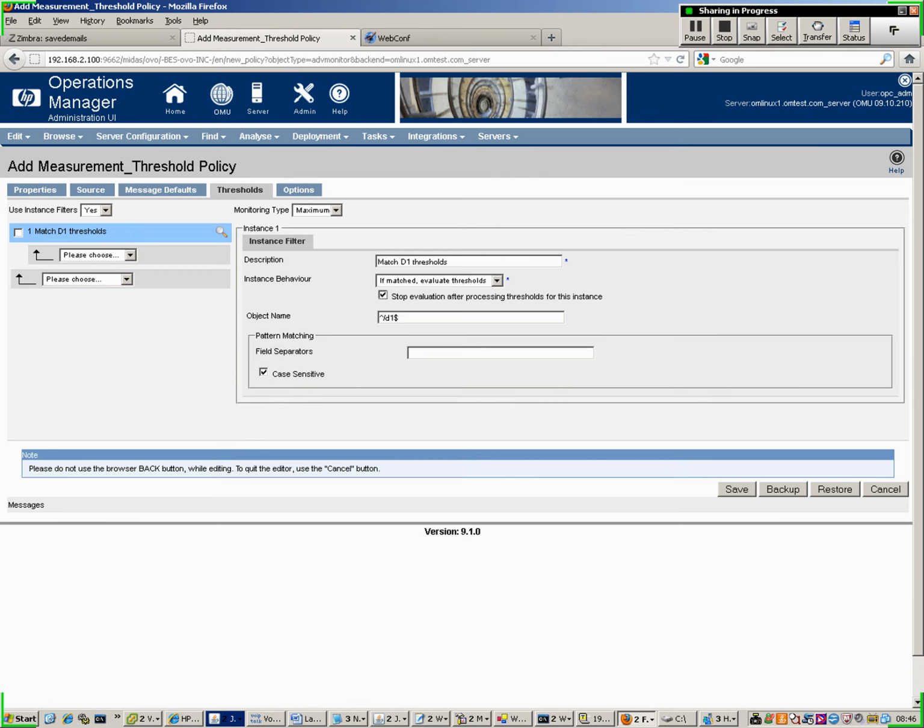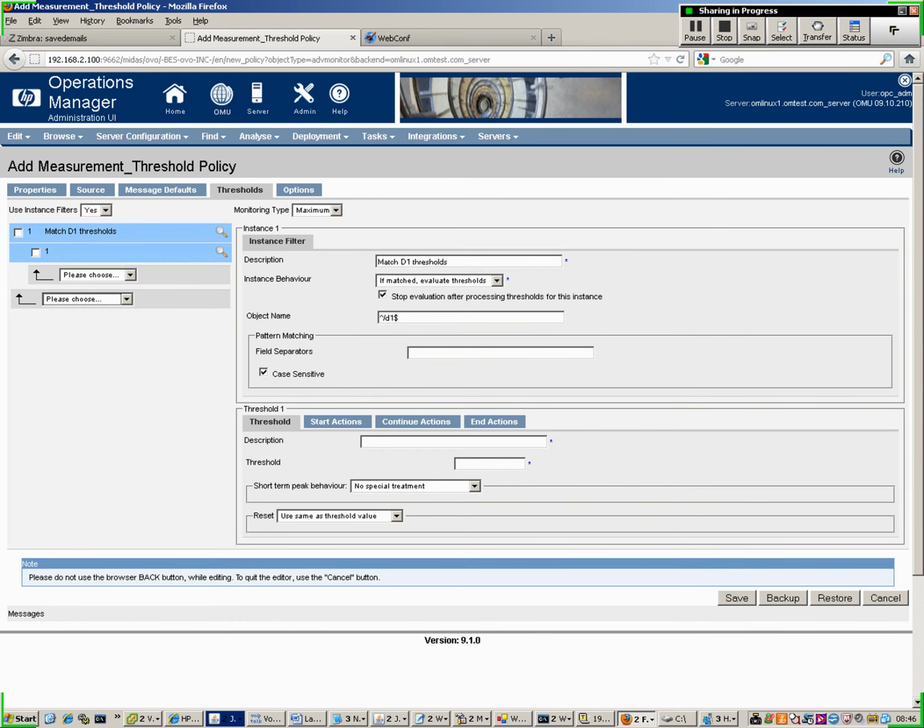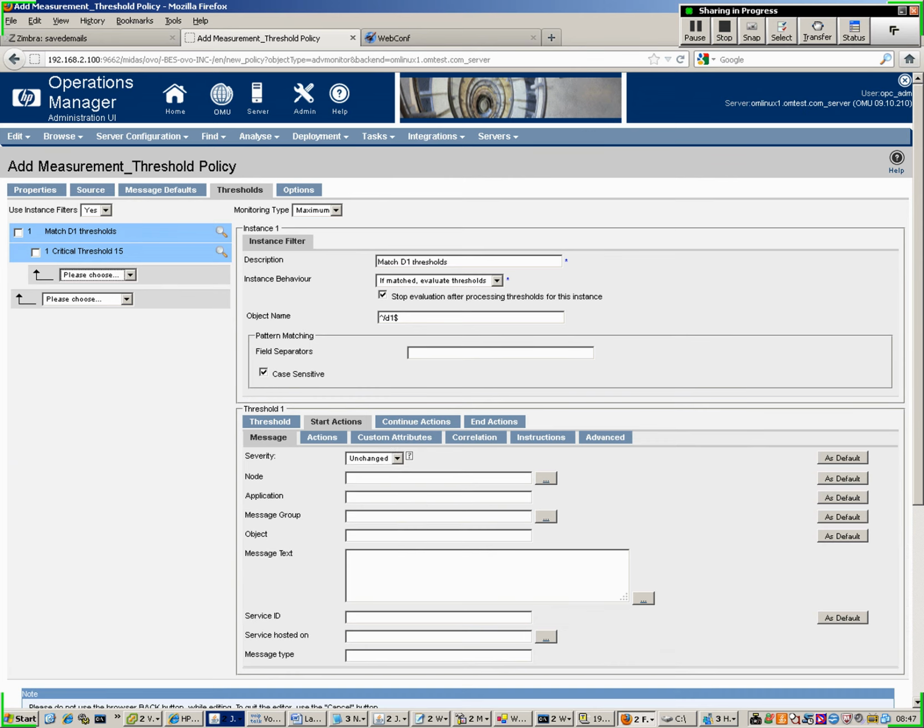The next thing we need to do is come over here. Just beneath the instance that we've just configured, click on the actions and say add threshold. So we put one threshold in, in this case it's critical, so we're going to say critical threshold 15. The threshold that we want to put in is 15, and when that threshold is breached we're going to generate a critical message, and the critical message is going to say